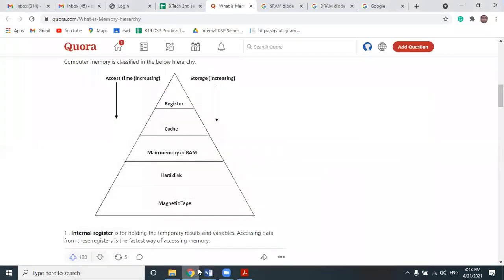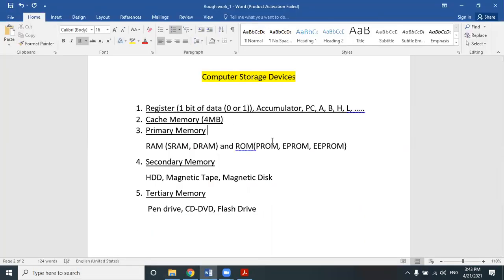Then main memory or RAM, as all of you have an idea of RAM. Nowadays the RAM we generally see is 4 GB or 8 GB. This kind of RAM we already have in our computer systems nowadays. ROM also has a very small amount of memory. I don't remember the actual size of the ROM that we use in a general purpose computer, but it contains data which you don't need to reinstall again and again.